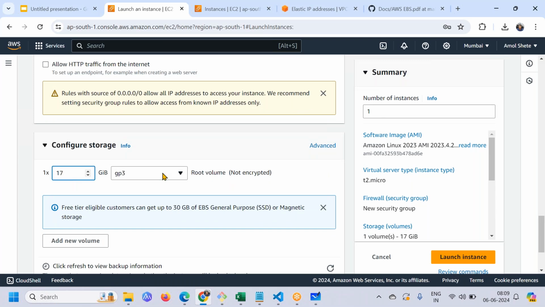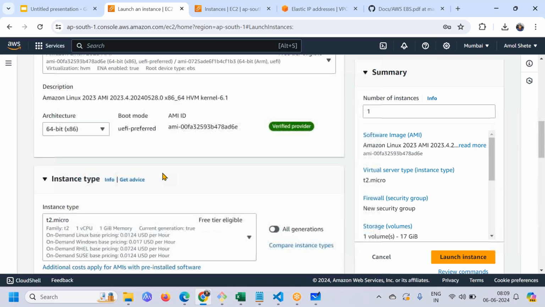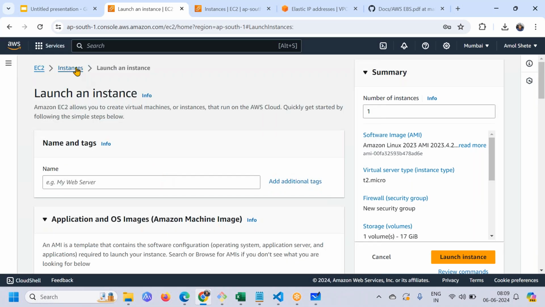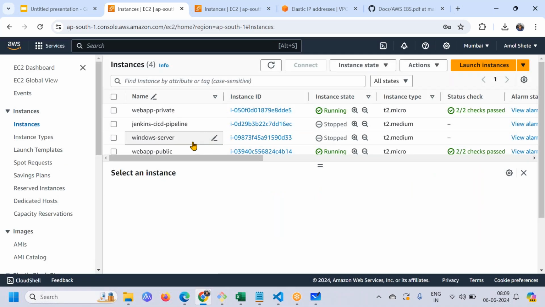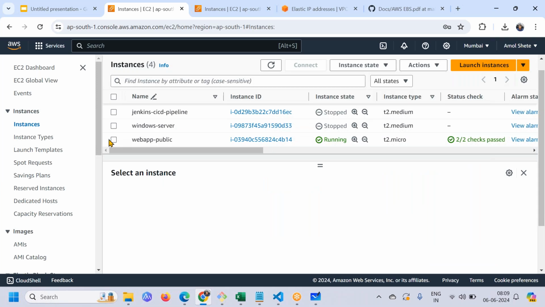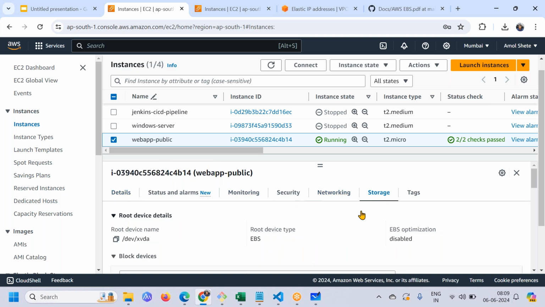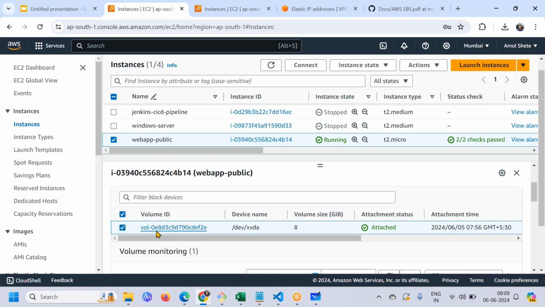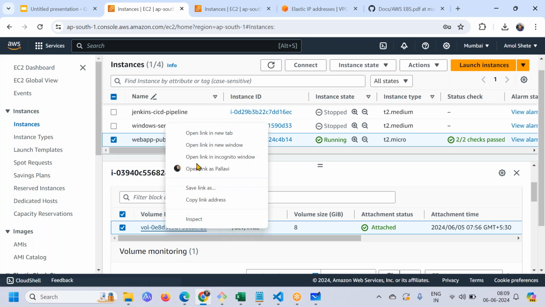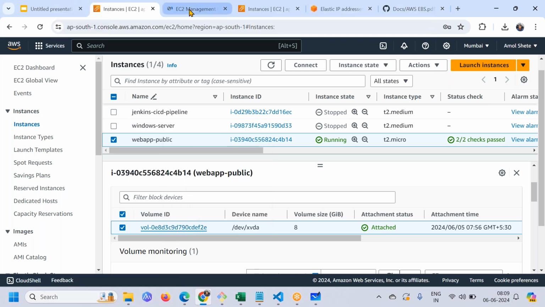That's something you decide at launch time itself, and it is a specific AZ resource. Let me give you an example, say the web app public instance. If I check the storage, I can click on storage, and here you can see the volume mounted. If I open this in a new tab,